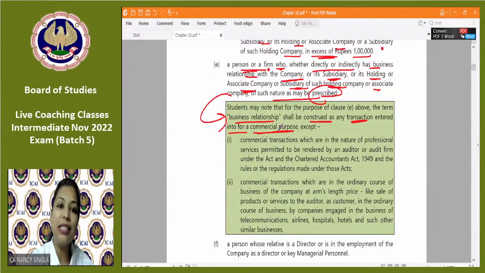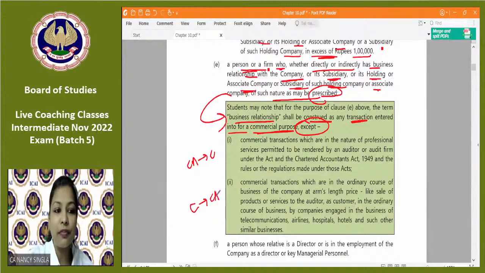अब टेलीकॉम का business क्या है? सिम कार्ड्स बेचना ना. या होटल का क्या है? रेंट पे देना ना रूम, या जो भी सर्विसेज प्रोवाइड करना. Except, so there are two exceptions. तो यहाँ पर क्या है? CA is providing the service to the company, and यहाँ पे क्या है? Company is providing the service to the CA.